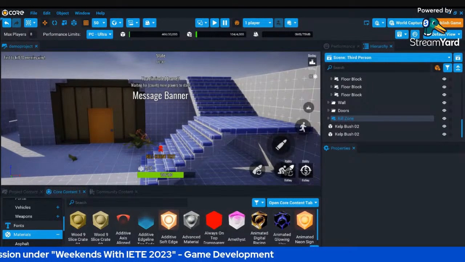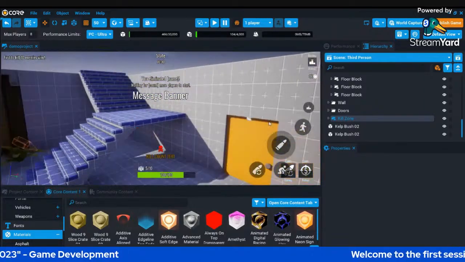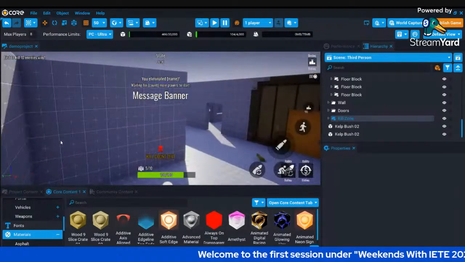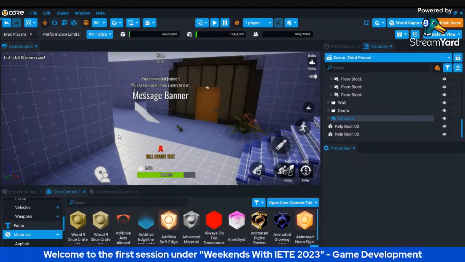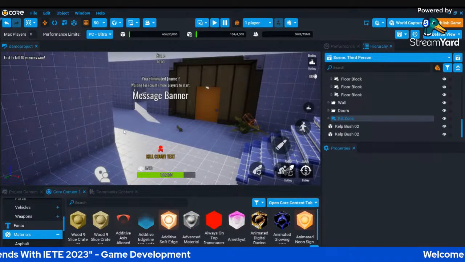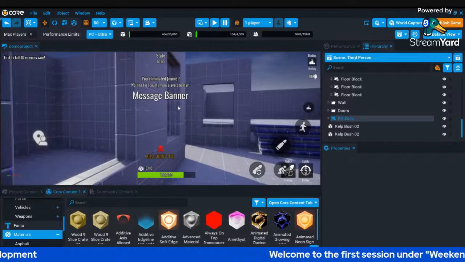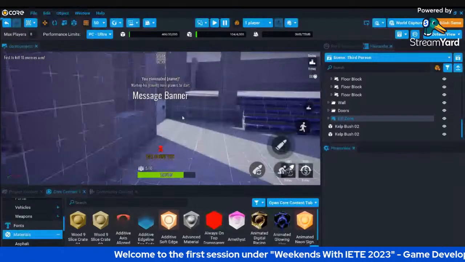So now like this, if you want to design the entire template, it will take a lot of time. It will definitely consume your entire day just by assigning and designating the materials to your walls and floor, and how you really design the entire game. So the core provides various functionalities. Now if you want, you can use the shortcuts.